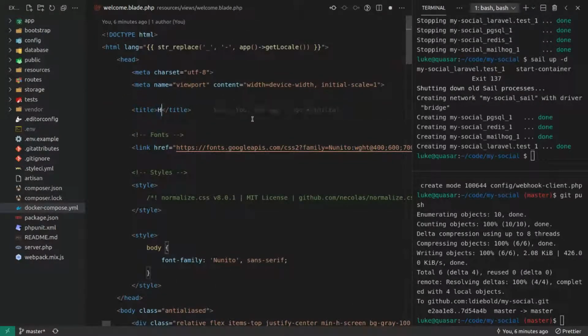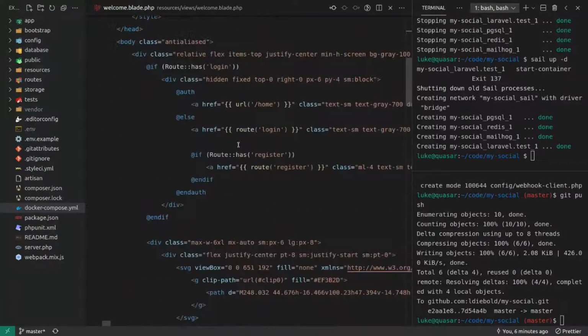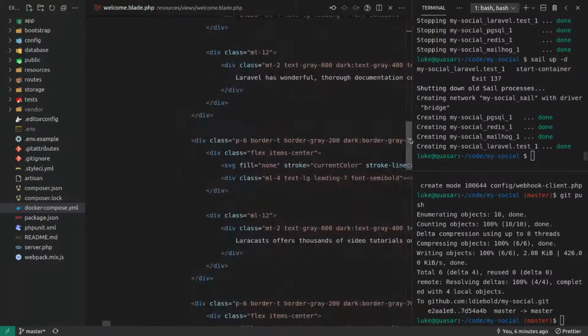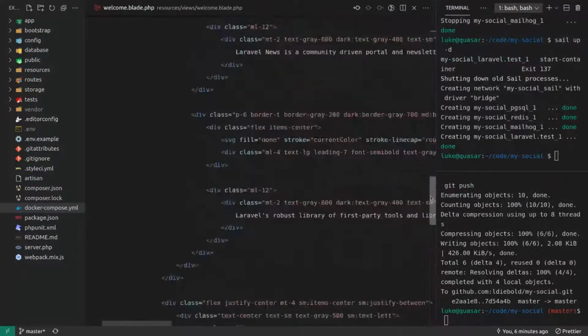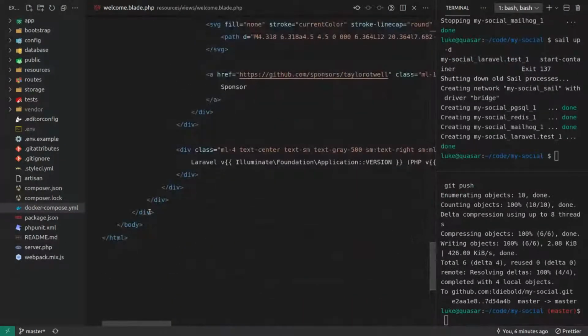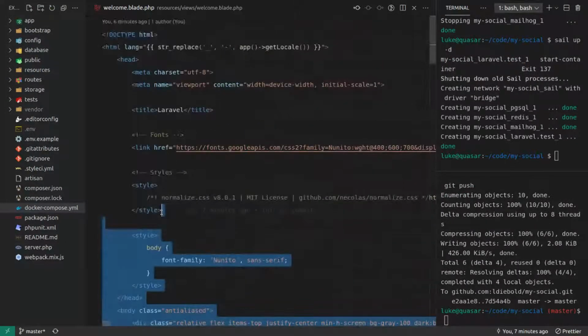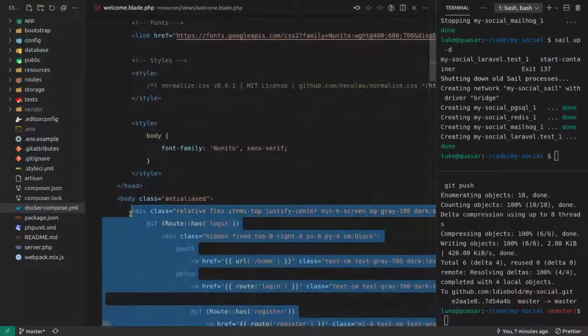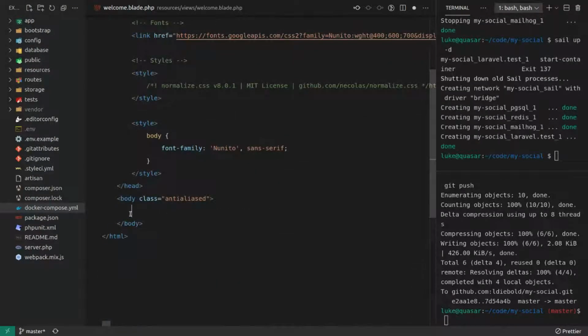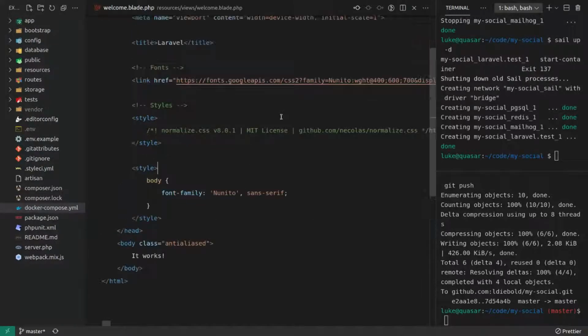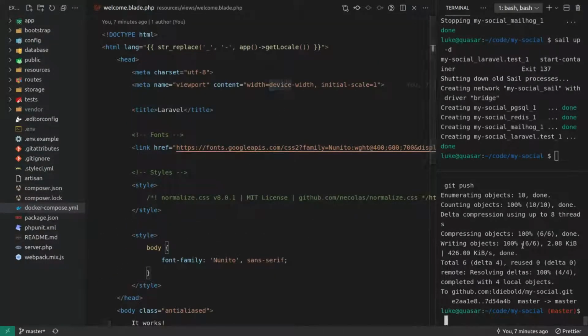And we'll just put something here like, where's the content area? I don't actually want any of this. Let's get rid of everything in the body. And then just say something like it works. Save it. All right, and let's push that again.